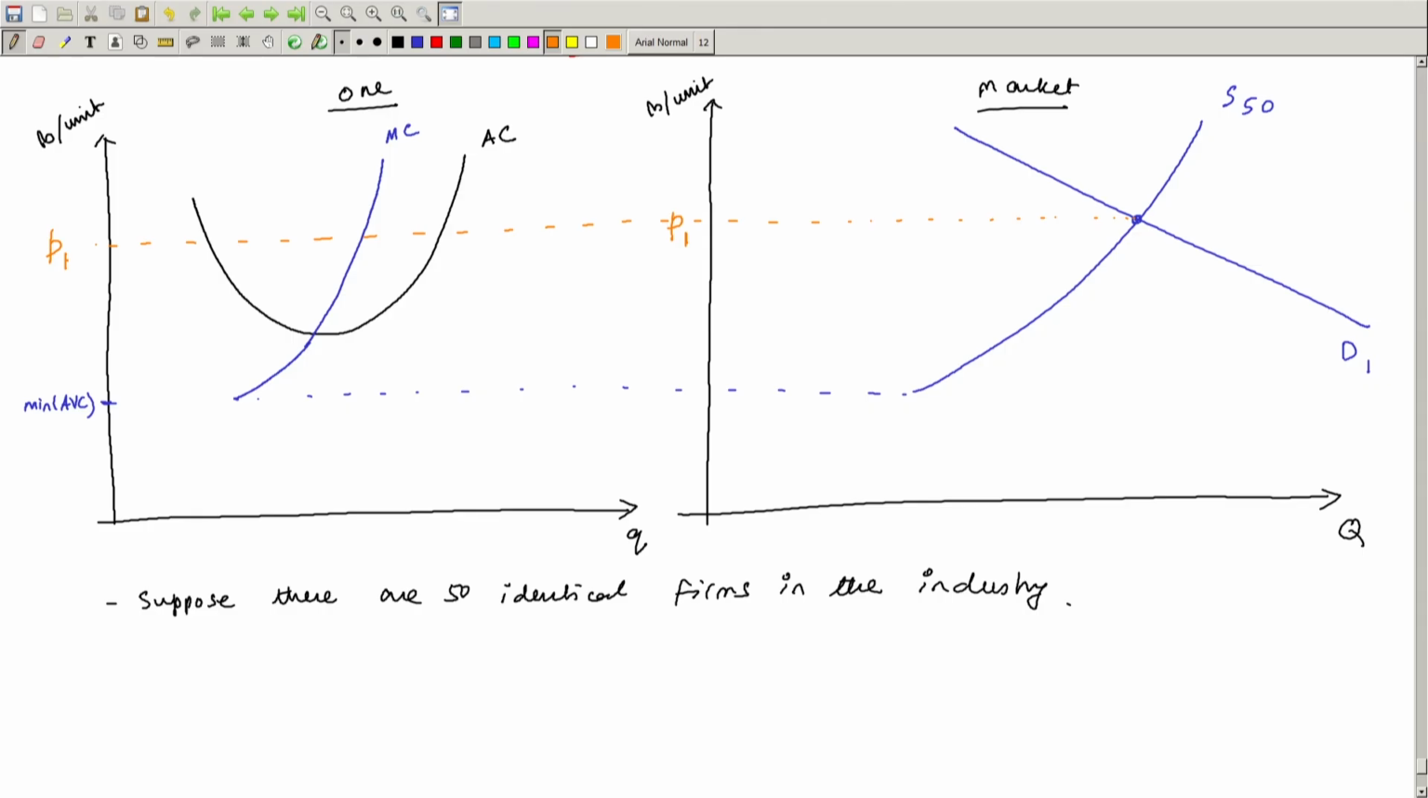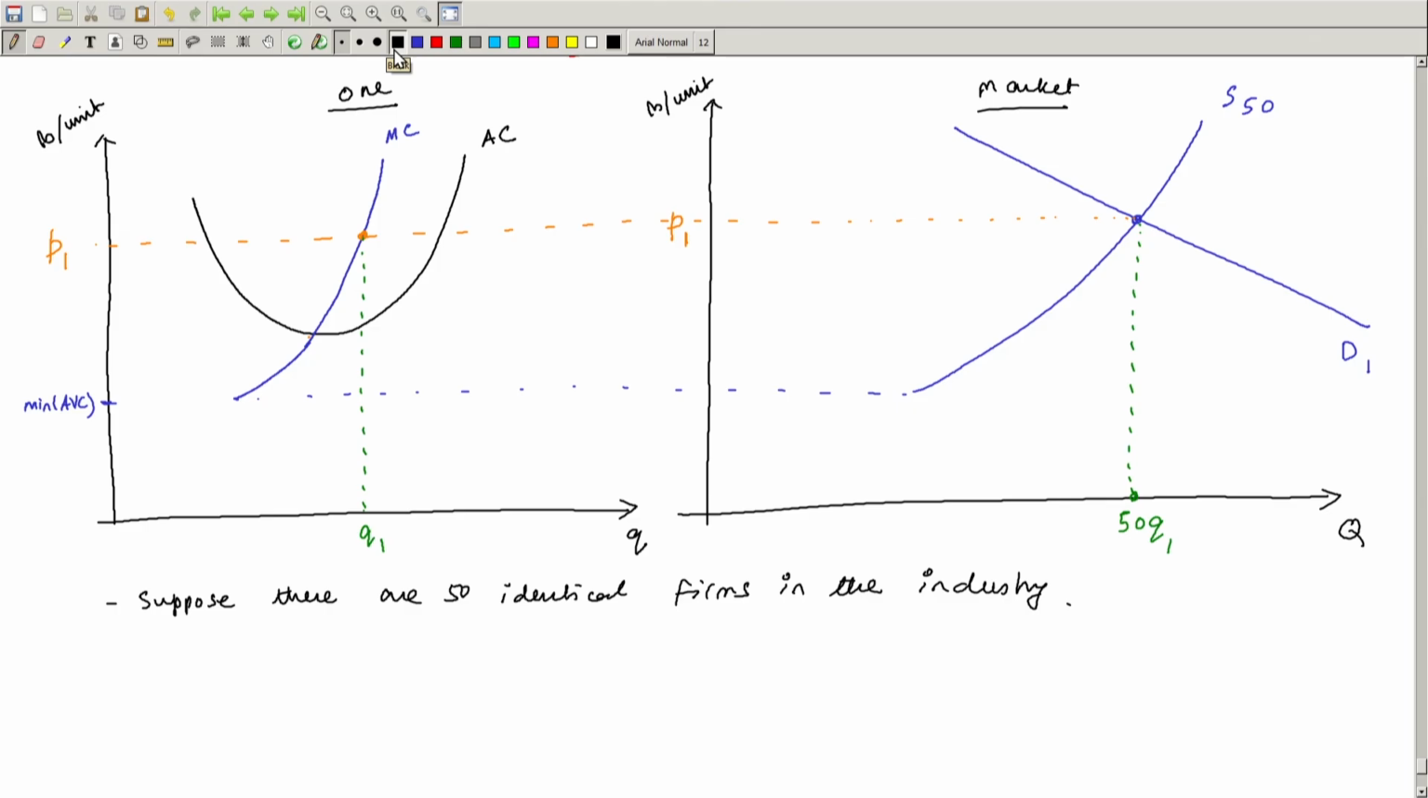Because it is greater than the minimum AVC, each of these firms is producing. In fact, here it is even greater than the minimum average cost. The minimum average cost is here. So, at this price P1, each of these firms is producing Q1 quantity of output. 50 times Q1 is going to give me the equilibrium quantity that is going to be traded in this market, right. So, suppose there are 50 firms in the industry,